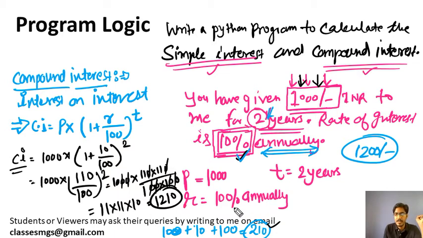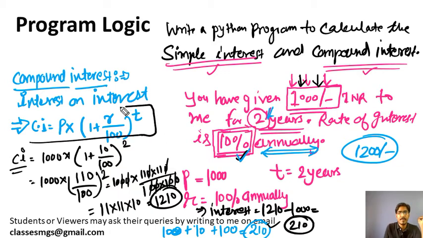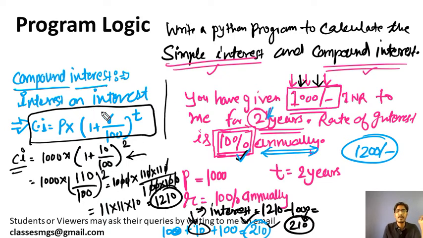This is the amount in which 1000 is the principal amount. So what will the interest be? 1210 minus 1000, the principal amount, so 210 is the interest. So you can get the interest by applying this formula also. I have also explained how this 10 is added to the principal amount. This extra interest in case of compound interest is because this 10 rupees is the interest paid on the interest earned in the first year. So this is how we calculate simple interest and compound interest. You know the difference between simple interest and compound interest.